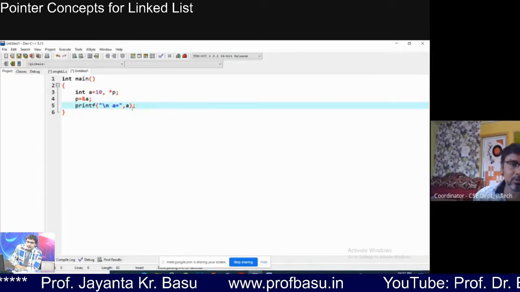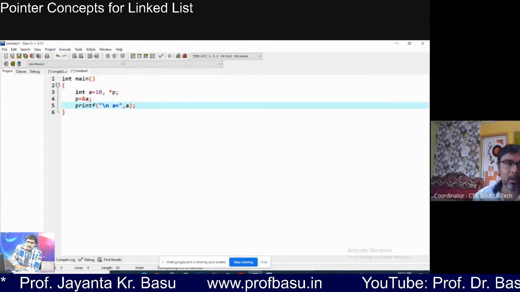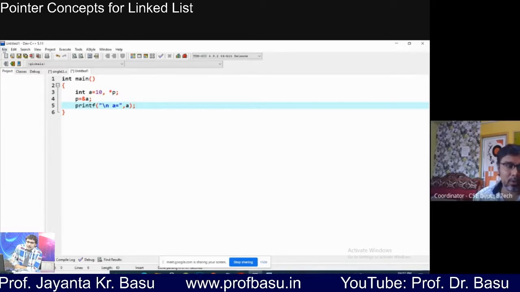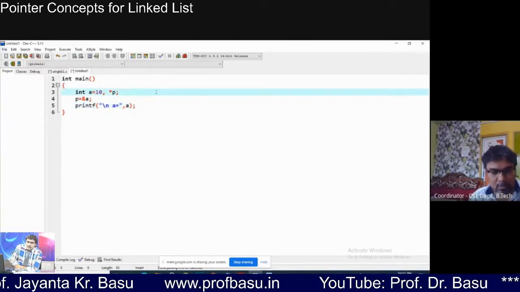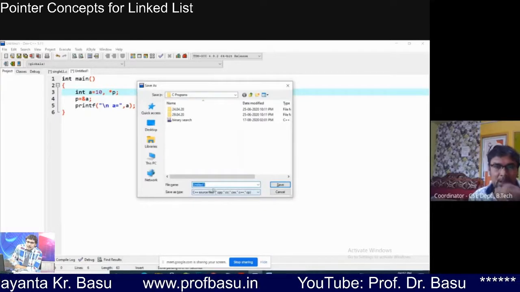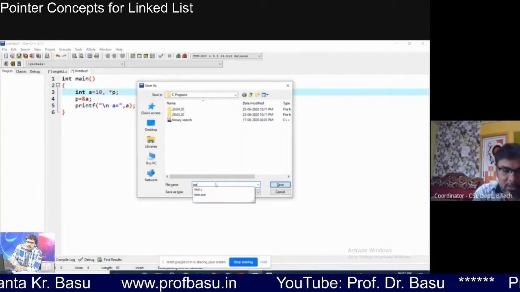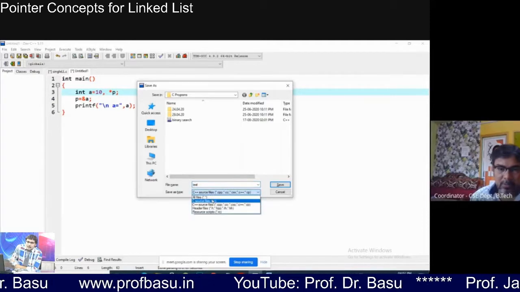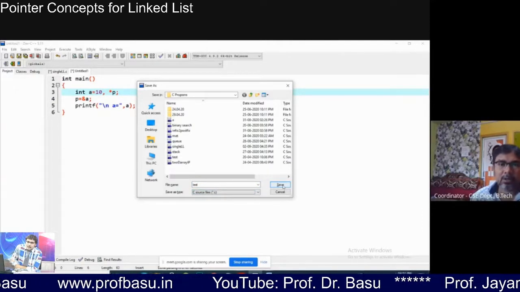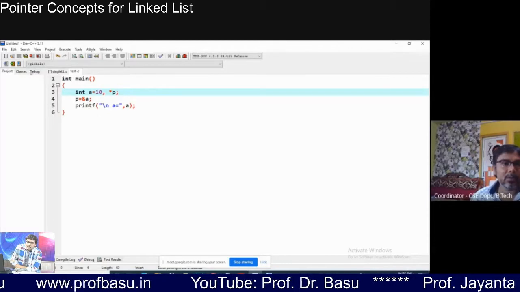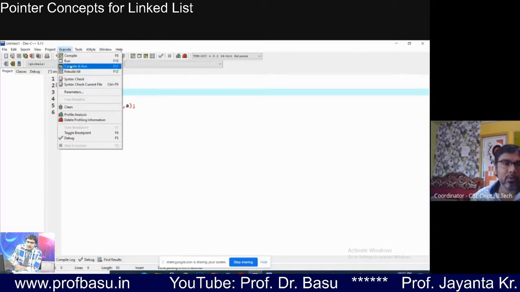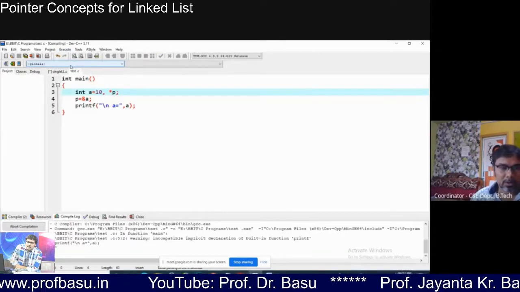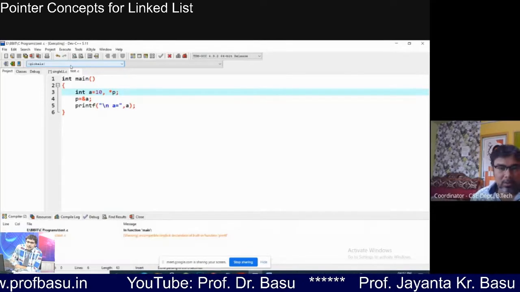And এটা আমরা সেভ করিনি, control s করে সেভ করে নিই। টেস্ট ফাইল দিয়ে দিই, test.c, ঠিক আছে। Now execute, compile and run, কিছু এরর খাচ্ছে, এবার রান করবে,